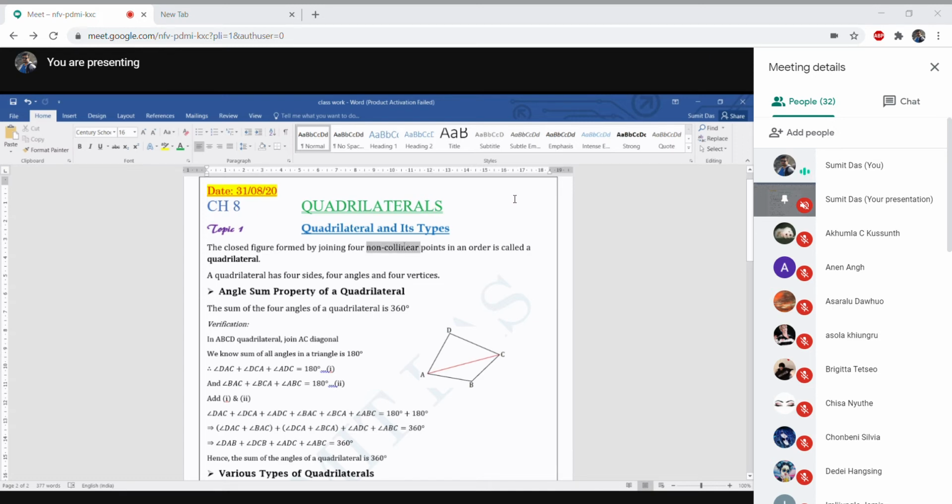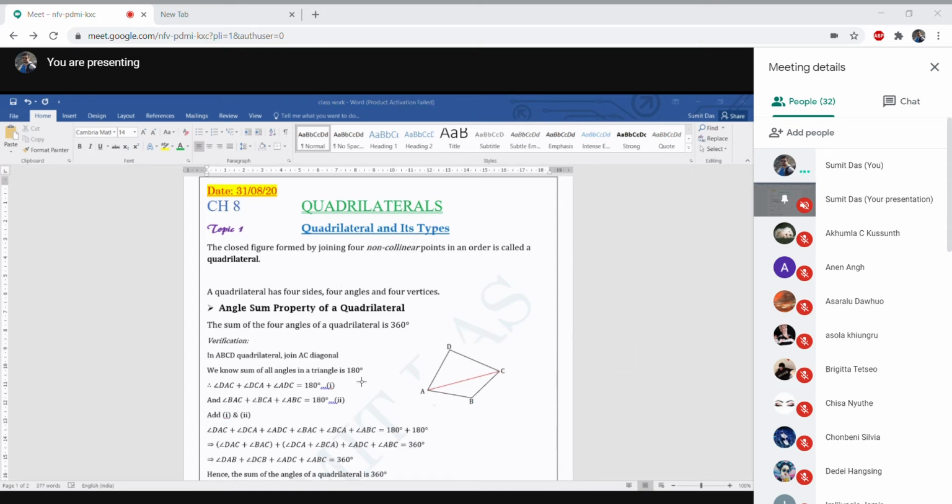This line is very important. Why non-collinear? What do you mean by non-collinear? If you join any four points, it will not form a quadrilateral. Let's give one example. Suppose,